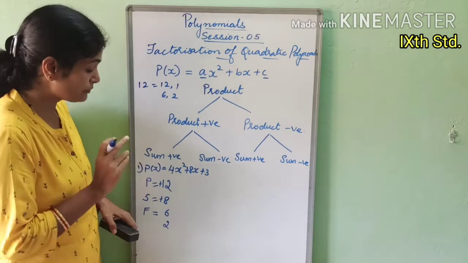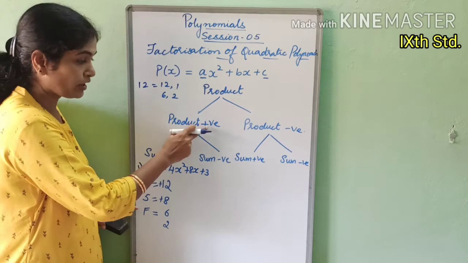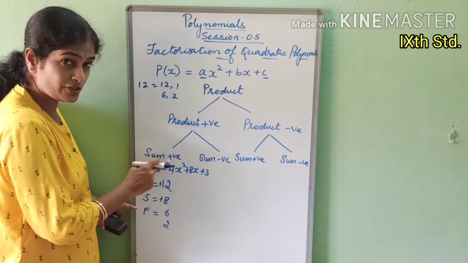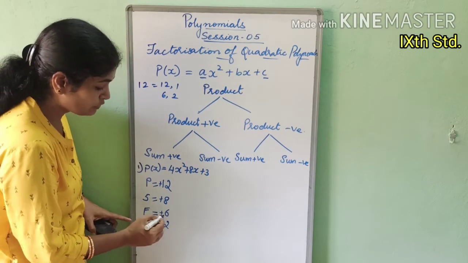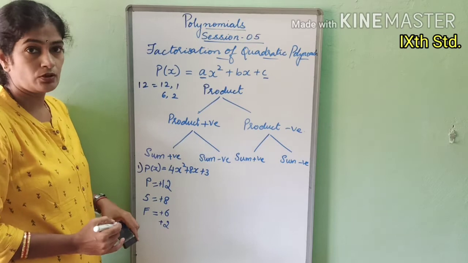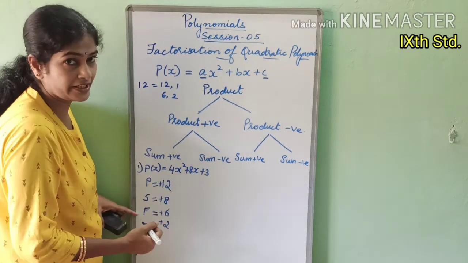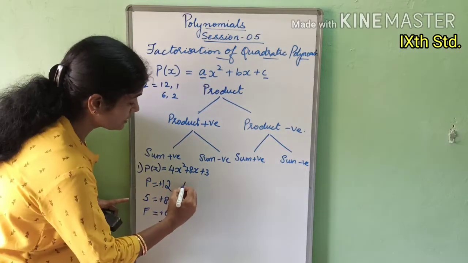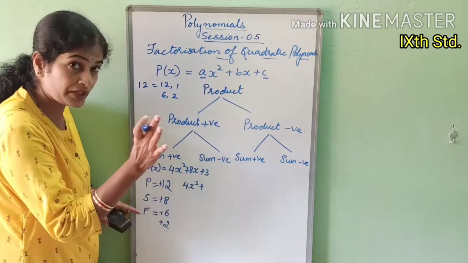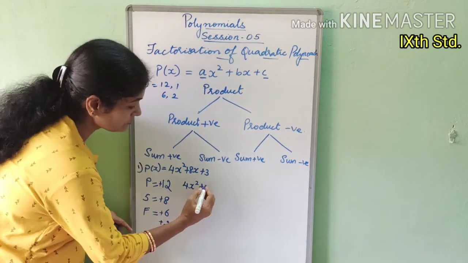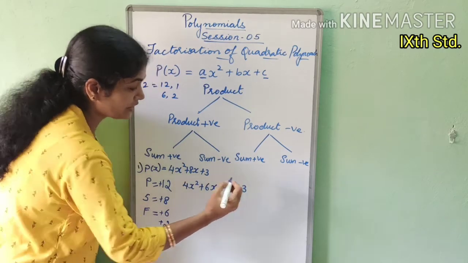Right? Now, just be careful. Whenever the product is positive and the sum is also positive, then blindly for both of the factors, you can put the plus sign. Okay, now we will split this up. Now just look at how we are factorizing. This 4x square plus 8x, we are splitting it as 6x plus 2x plus 3.